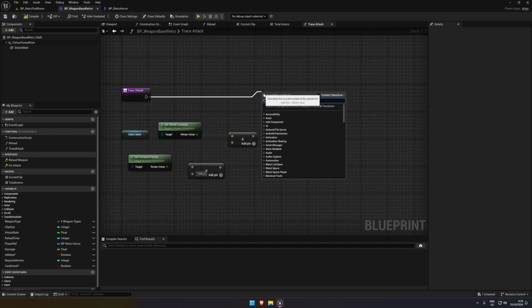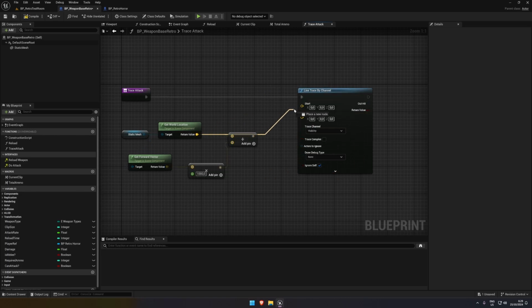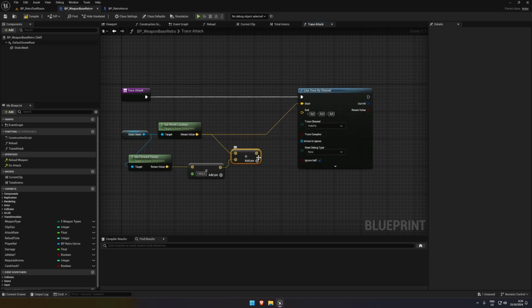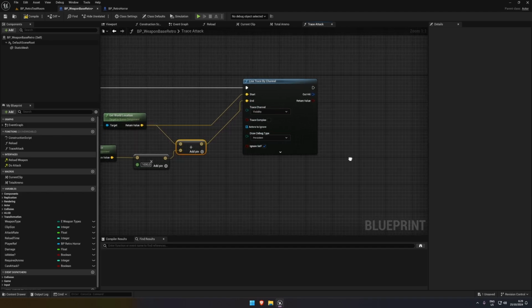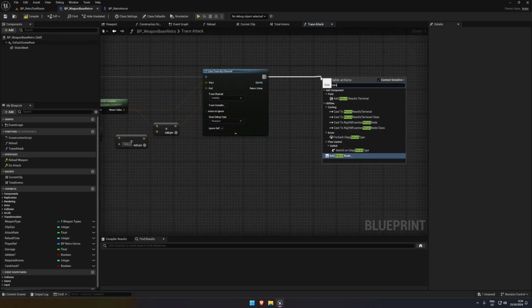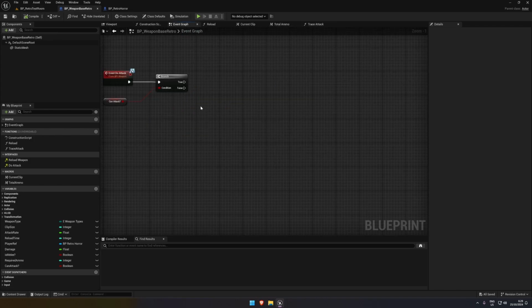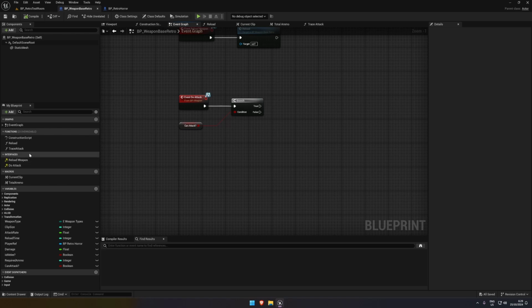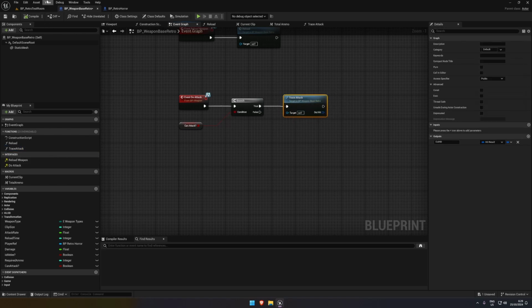From trace attack, I'm going to do line trace. The start location will be the get world location, and the end location will be the plus. I'm going to do a persistent one just so we can see it. Return here, and then I'm going to plug that in just so we have the out hit for when we need it. So what I can do now is do trace attack here, like this, and we can go and try it,